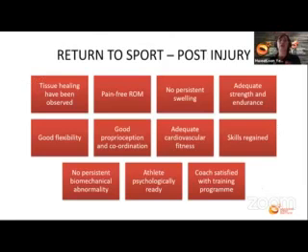Now, there are many components that we need to take into consideration other than fulfilling the whole injury rehabilitation process. Is there optimal tissue healing? Is there pain-free range of motion? When you stress the athlete, when you put the athlete back to training, has there been any persistent swelling, for example? Is the athlete able to cope with strength and endurance? Is there good flexibility? Do they have good coordination?